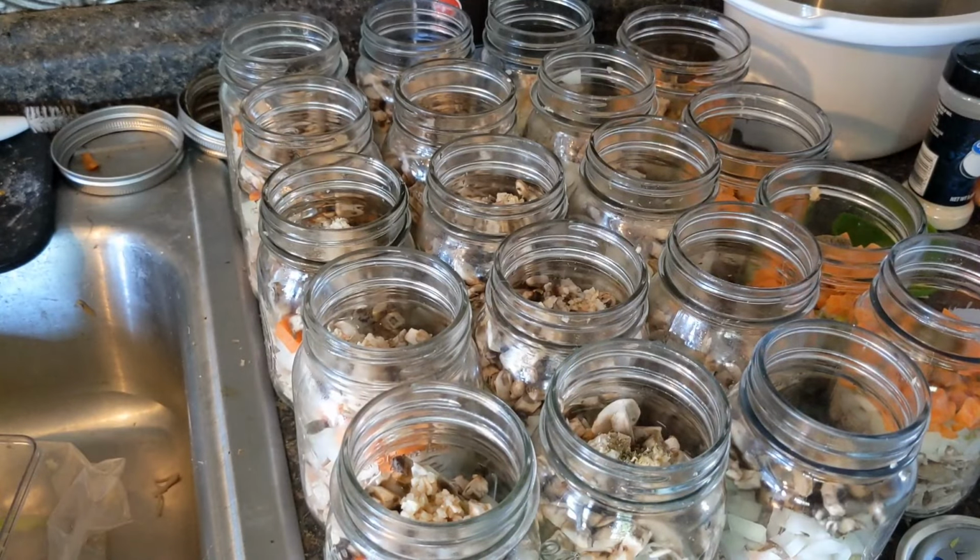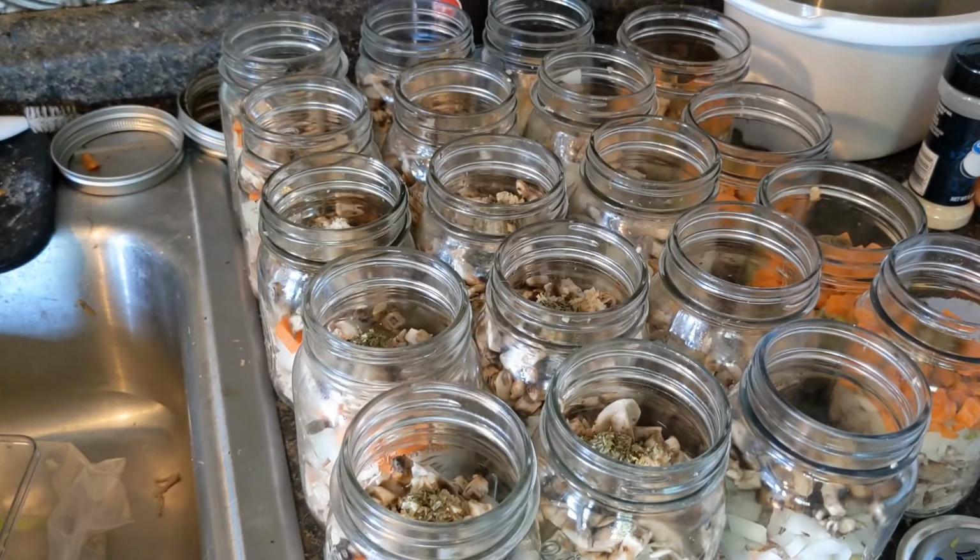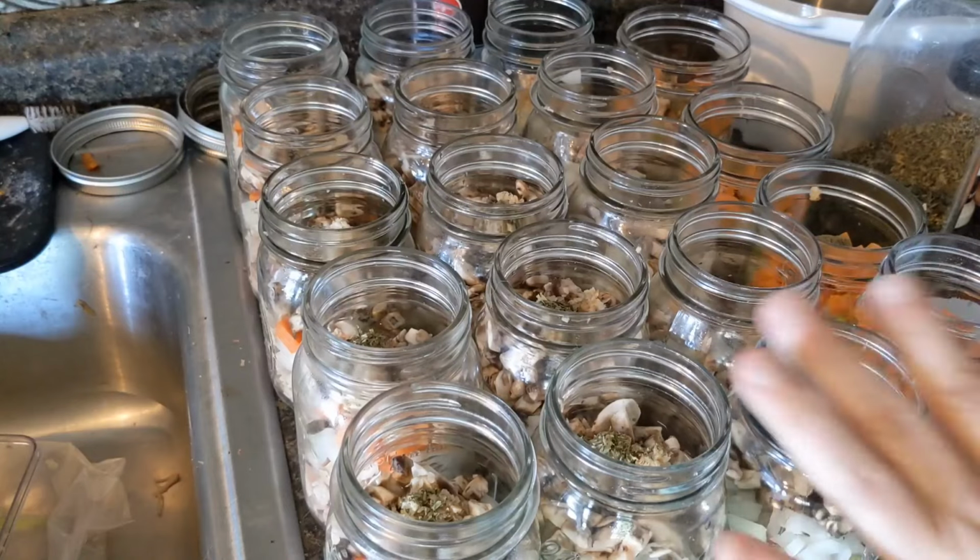Okay, I have some dried parsley. Now, I do follow the rules, quote unquote, by the USDA that I do not use fresh herbs in my recipes. I do use dehydrated. The parsley goes in the Ala King and the Marsala. All right, and then they're all going to get salt and pepper,